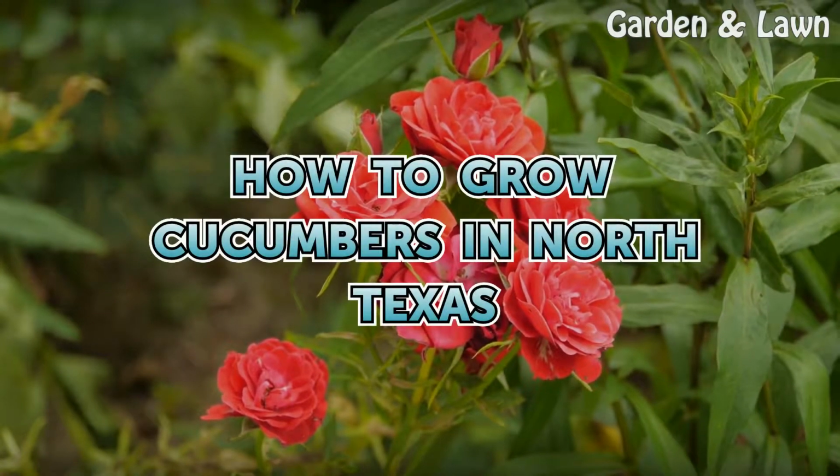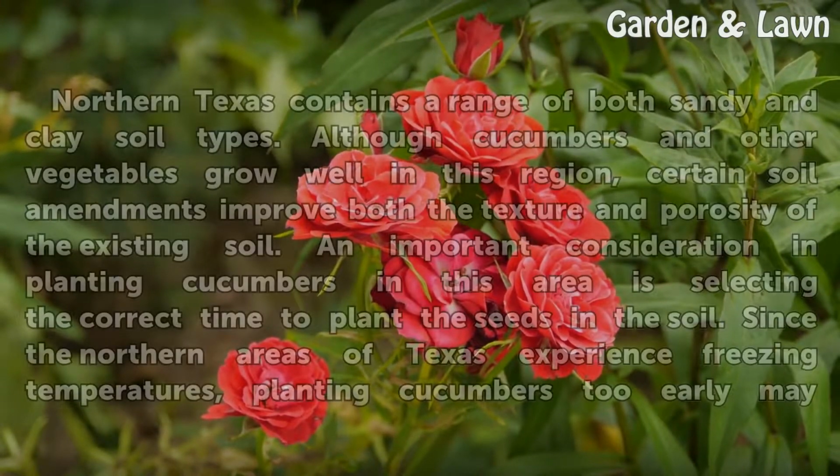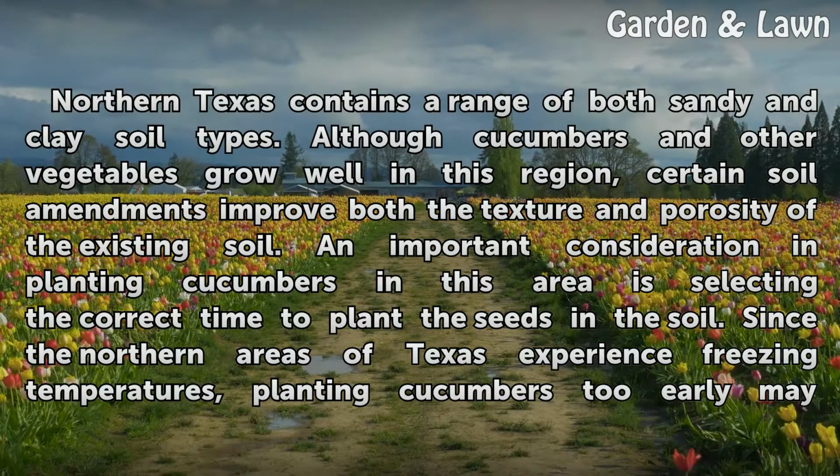How to grow cucumbers in North Texas. Northern Texas contains a range of both sandy and clay soil types. Although cucumbers and other vegetables grow well in this region, certain soil amendments improve both the texture and porosity of